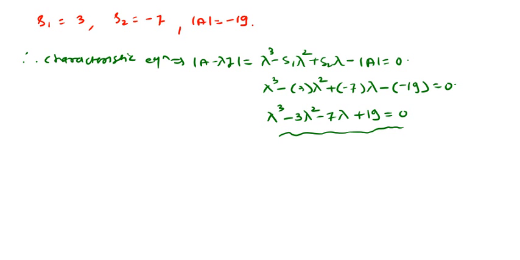Okay, now after understanding what the characteristic equation and characteristic roots of the given matrix mean, there is a very important theorem. Okay, and that theorem is called the Cayley-Hamilton theorem. So what is the Cayley-Hamilton theorem? It has a statement and it is very interesting, and this Cayley-Hamilton theorem is for a square matrix. Okay, it is not for any non-square matrix. So this is strictly for square matrices.